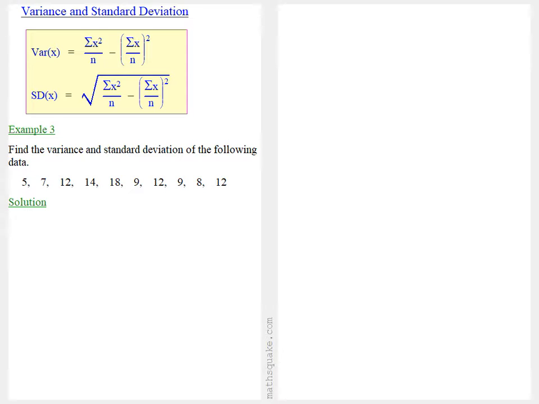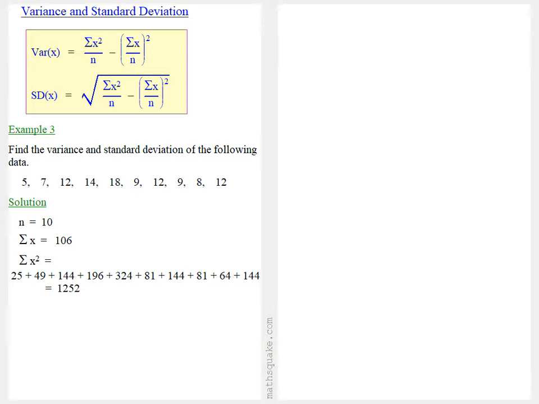Now, to solve this, first of all we can count that there are 10 pieces of data, so n is equal to 10. We can then add up all the data, and that's equal to 106. And then we have to add up all the data squared. So we have to add 25 plus 49 plus 144 plus 196 plus 324 plus 81 plus 144 plus 81 plus 64 plus 144, and that comes to